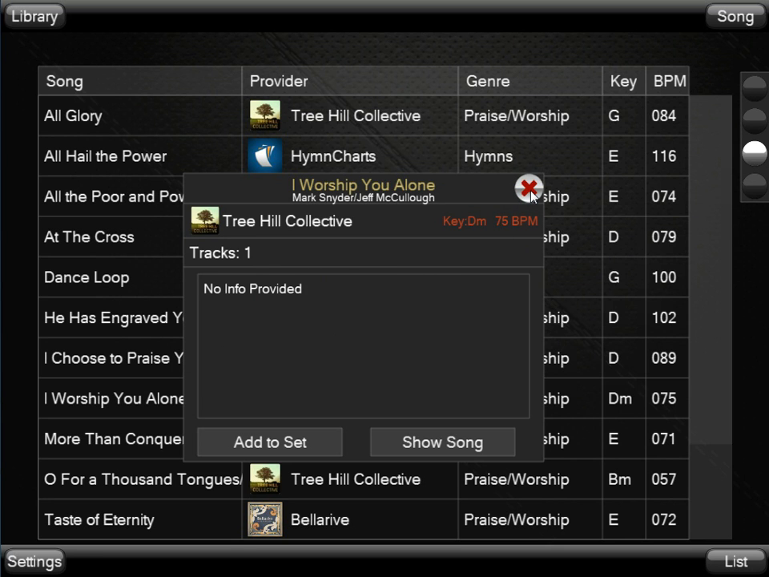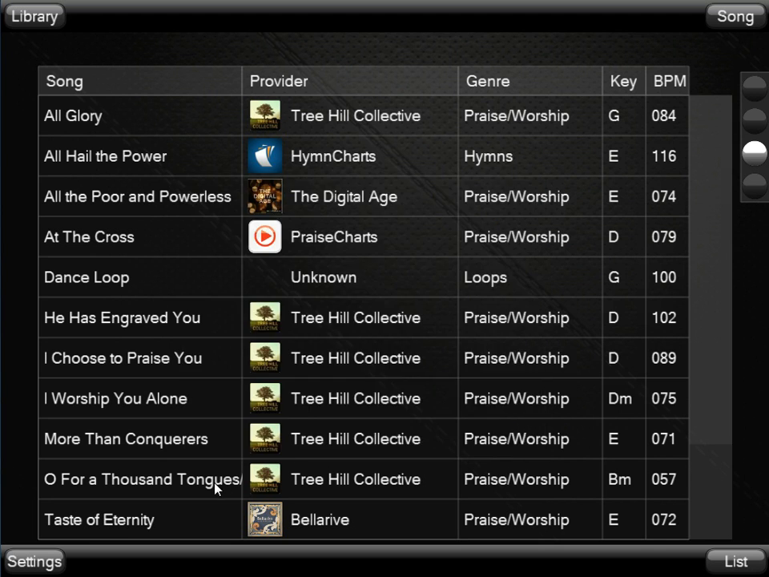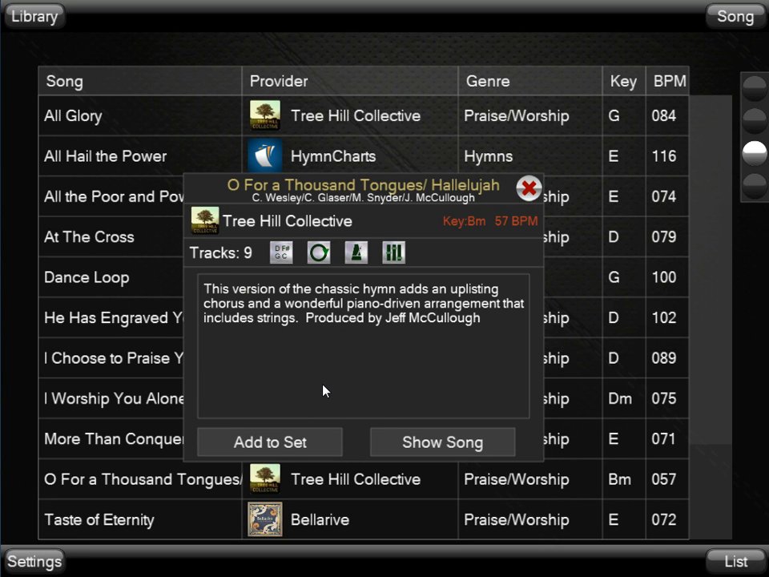So let's pick a song that has more features populated. So this is a song here. Let's try this one. Oh, for a thousand tongues, hallelujah. These are the songwriters. So here, this song has 9 tracks total, and it also has a chord chart, song